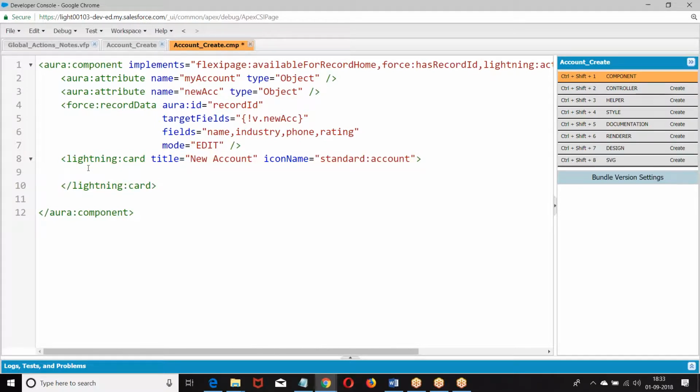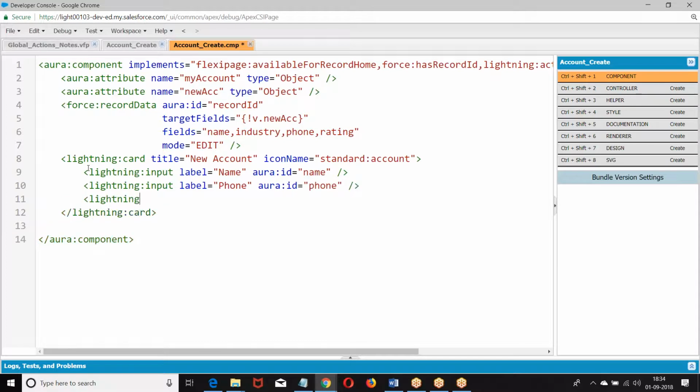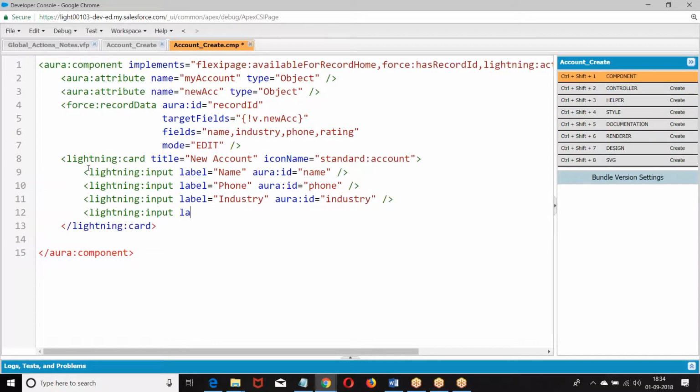Then we can go with... then I can create. You want to create a button at the bottom.